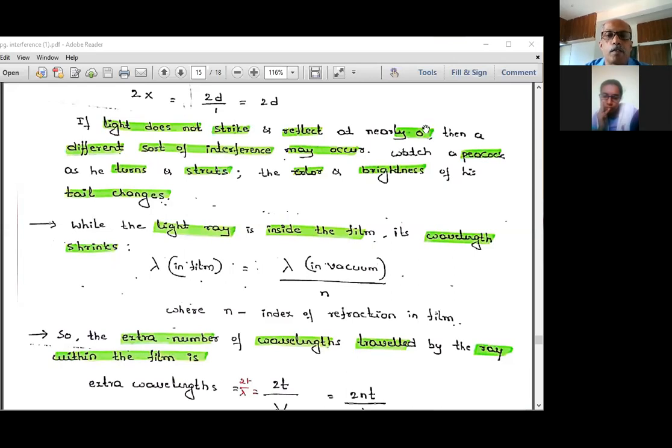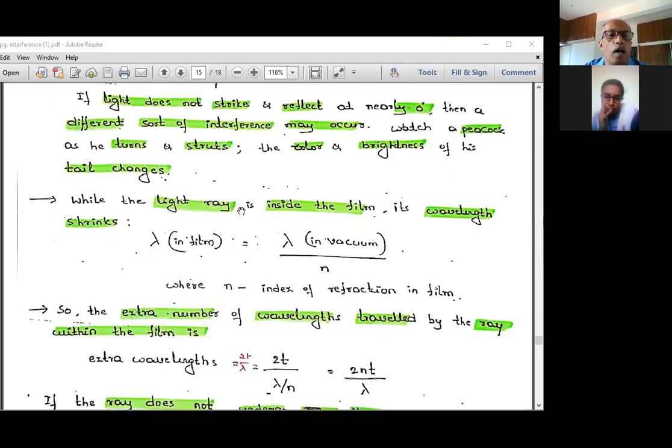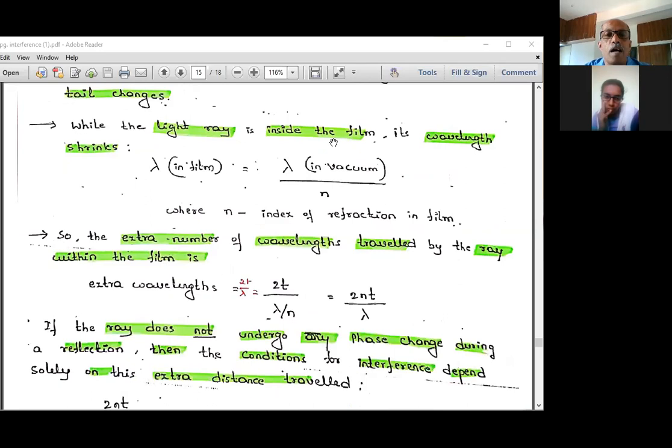Due to multiple reflections and theta not equal to 0, the feathers of a dancing peacock will change color and brightness. While light ray inside the film,